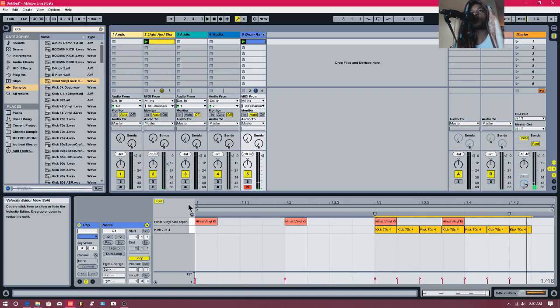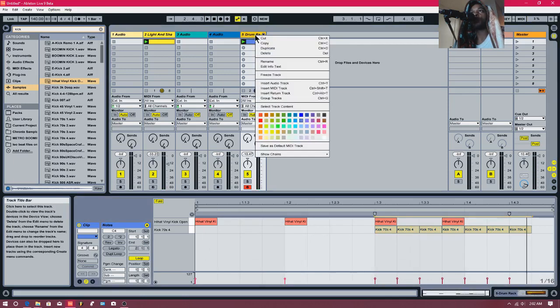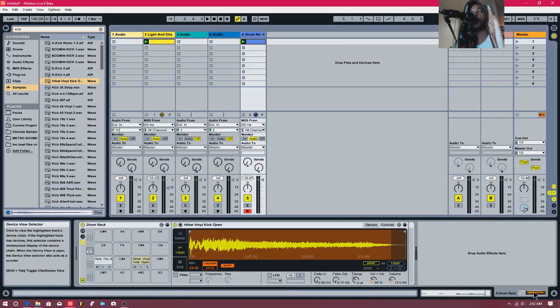Cool. So, all right, now you know what the drum rack is. It houses all these instruments. And right here is a Simpler. We haven't gotten to this yet, but